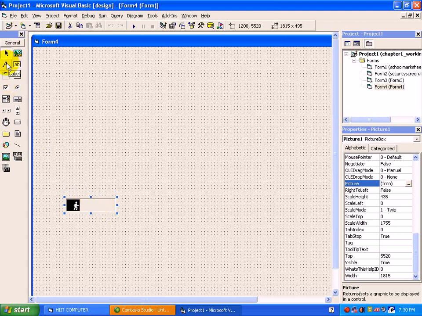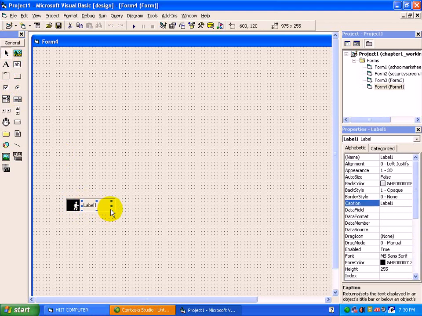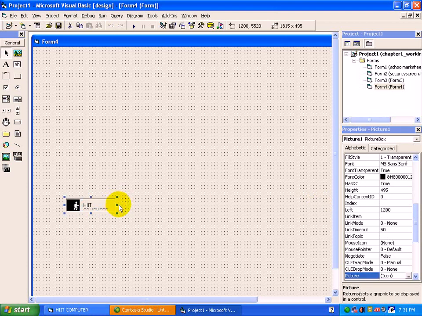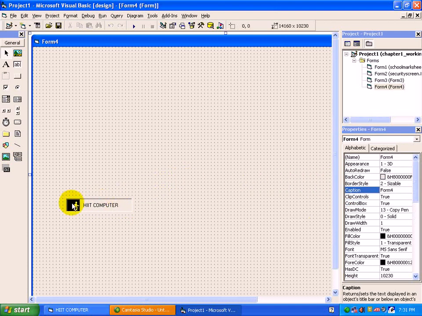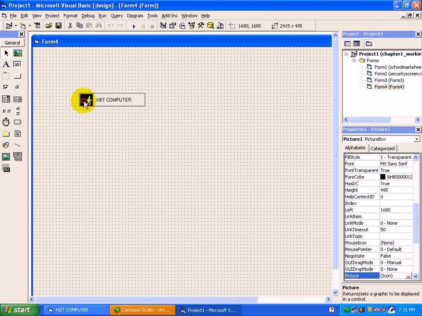See here, we will take one label. Just draw the label inside a picture box. Change the caption. See here, if you now move the picture, the text is also moving, means we can hold the controls inside picture box. But if you see inside image,